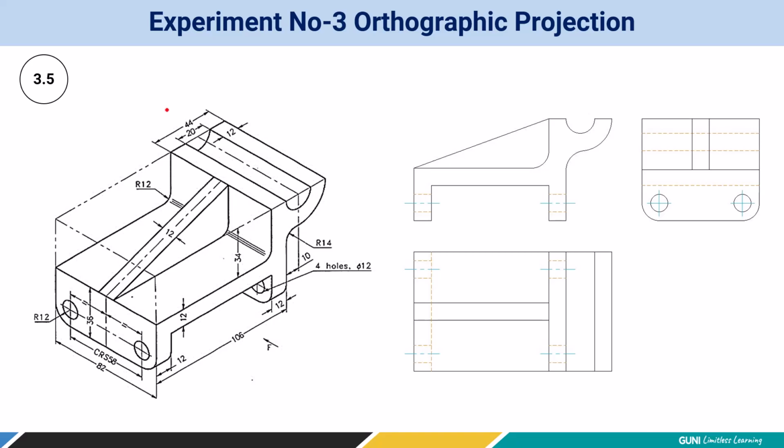In this exercise 3.5, let's discuss how to draw its orthographic view. Now here, to complete the exercise, first we are going to draw this circle, right? After that, draw another circle, and from this point we are going to draw a vertical downward line of 34 millimeter, and from this point we are going to draw a line by dimension of 106 minus 12, which is 94, right? Then we'll draw the line by 36 millimeter, then 12, then 24, and then this part, which